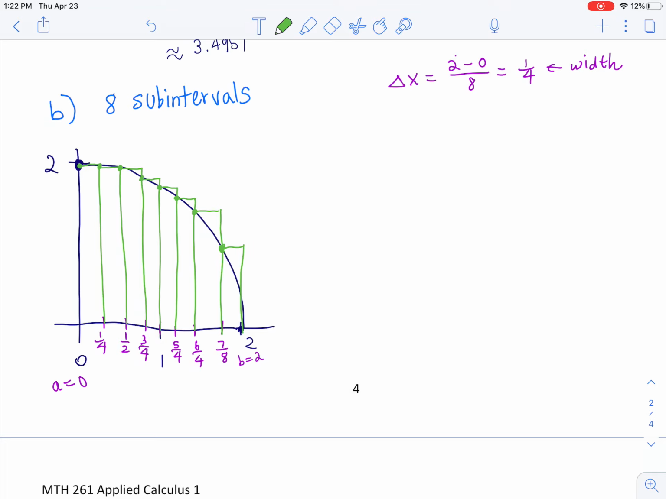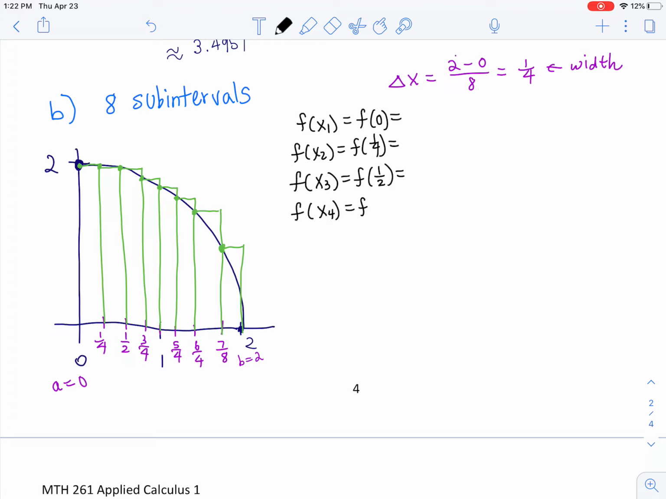Okay, so I have 8 rectangles sticking up. We do know that the width of all these rectangles is 1/4, right? But we don't know about their height. So guess what we're going to do? We're going to have to find 8 different heights. So find f of x1, which is f of 0, f of x2, which is f of what? 1/4,